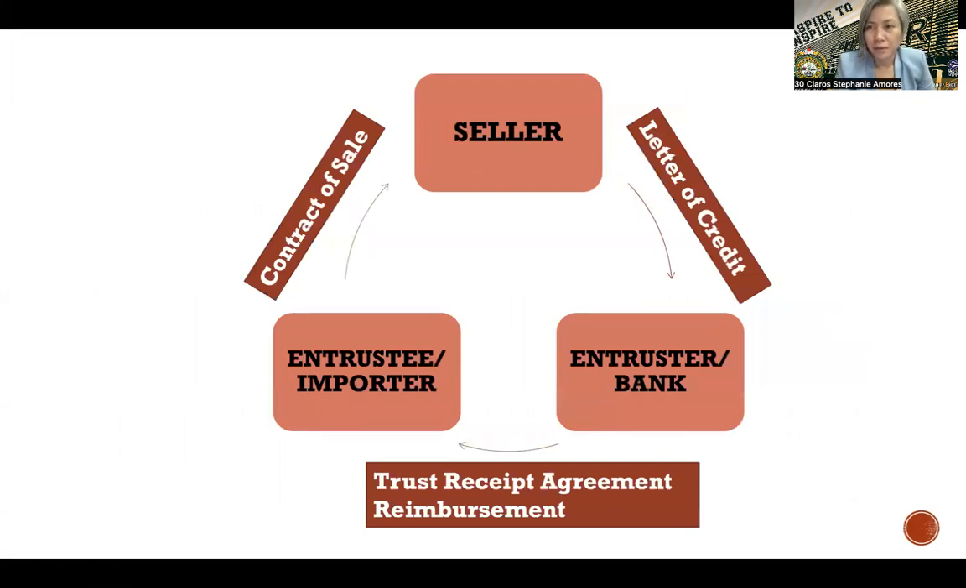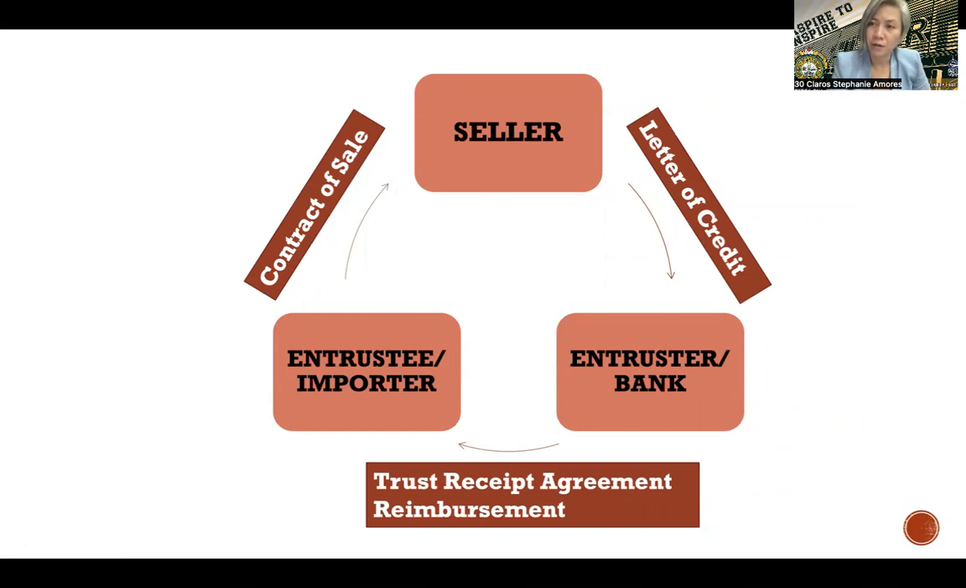Right, so let's find out now how reimbursement works in a trust receipt transaction. So remember, there is a seller and there is an entrustee / importer, or one who we consider as the buyer of the merchandise being sold by the seller. So between them, there is a contract of sale. So the seller, if he is not the absolute owner of the goods or not yet the owner of the goods, will need to